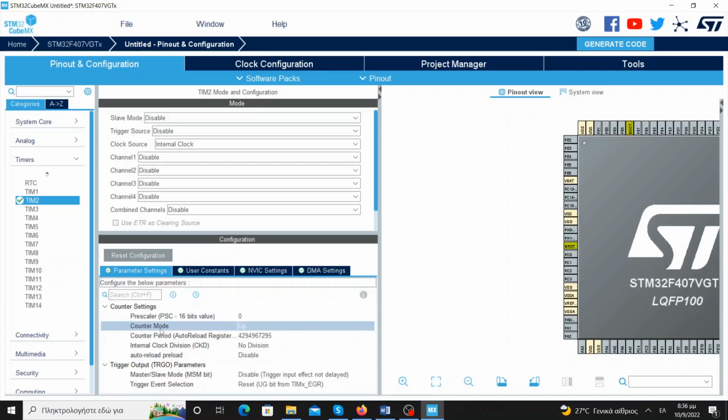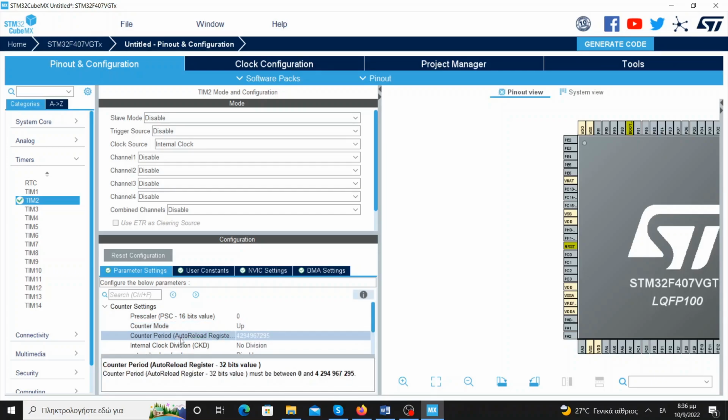The counter mode if we like to have an up counter or a down counter. And the counter period, where we could select which is the top value that can be used. Let's leave the default values here for the present, but since we like to use an interrupt that will be